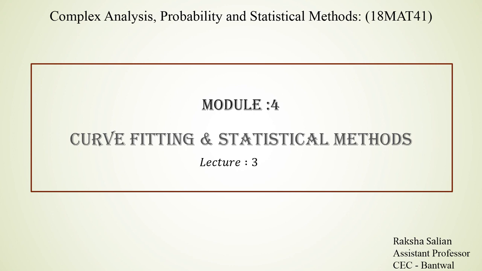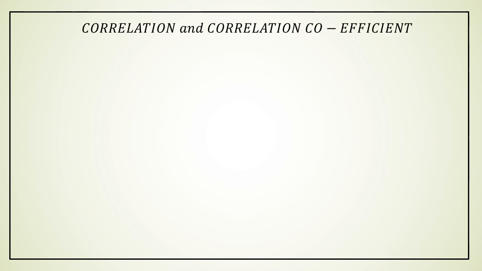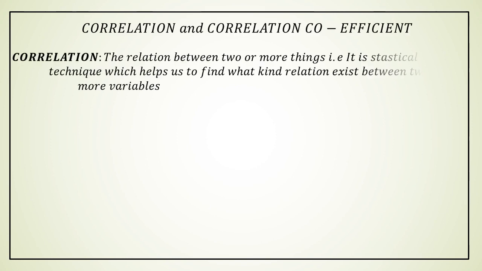In this video, let us learn the correlationship between the two variables and the line of regressions that best fits for the given data. So what is correlation? Correlation is a statistical technique that is used to find the relationship between two or more variables. Correlations can be of two types.